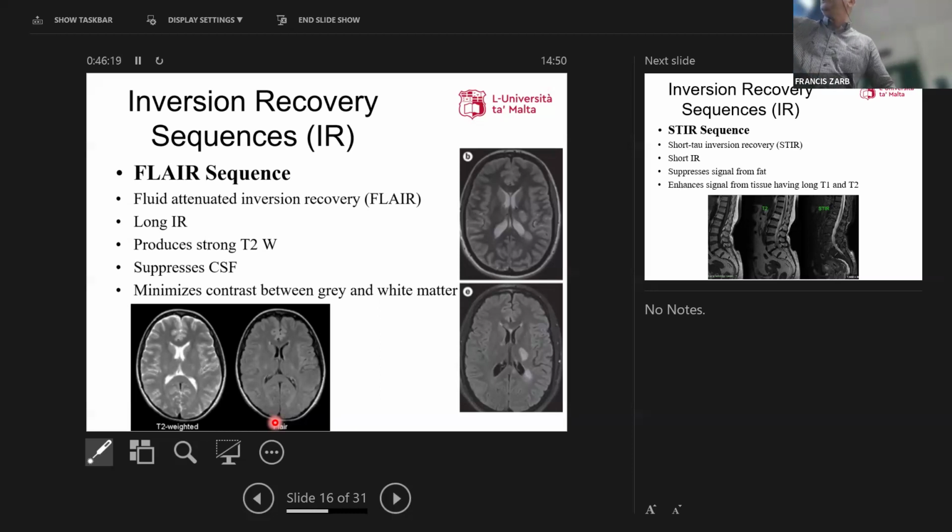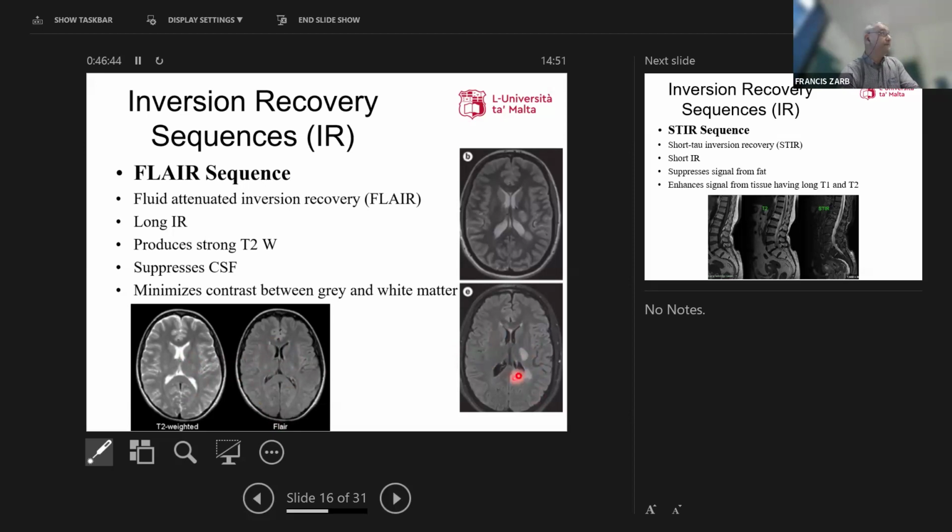Mela il-kontrast bejn white u gray matter on a T2 spin echo sequence, the contrast is better. So in a FLAIR sequence, the contrast between white and gray matter jonqos. Għandek inqas signal intensity, però fejn għandek il-pathology issa,